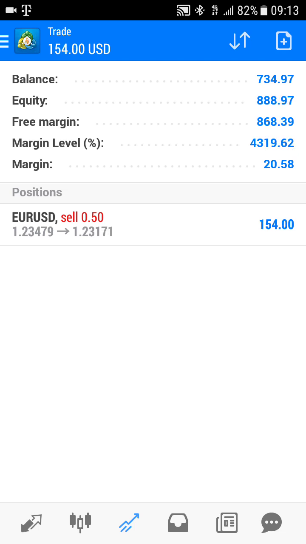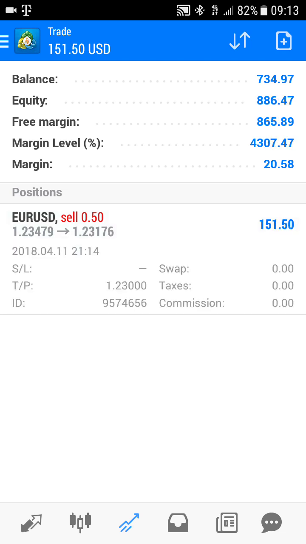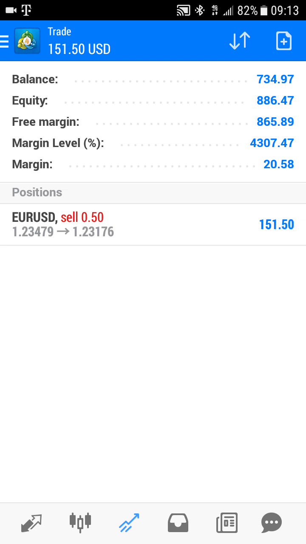Basically, how this works is the balance is what we have already profited, because I started the trade and then I ended the trade, and when I ended the trade, it went from 500 to 734.97. Now what you want to look at is the equity. The equity is the current amount that is in the account. So that's the balance plus the current trade. The current trade right now is fluctuating. That's what the market does. It fluctuates.